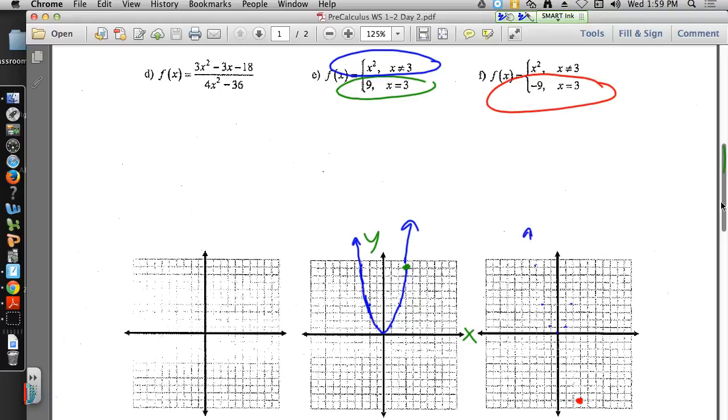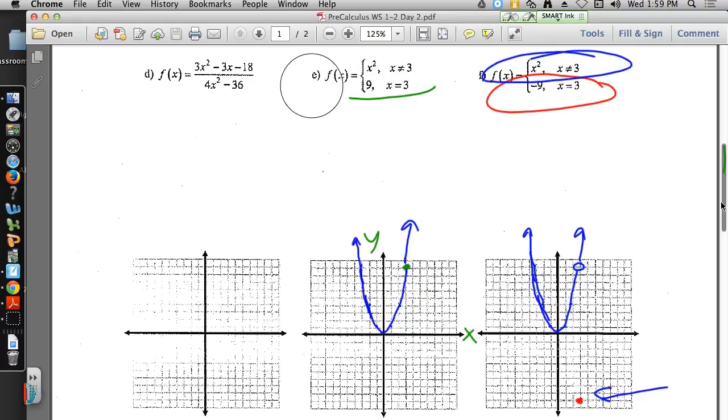However, that hole is now filled by that red dot down below. And that is because the first line of information said when x is not 3, just graph x squared like normal. But when it is 3, we have to go down here and graph -9. So that is F. And then on the back side,